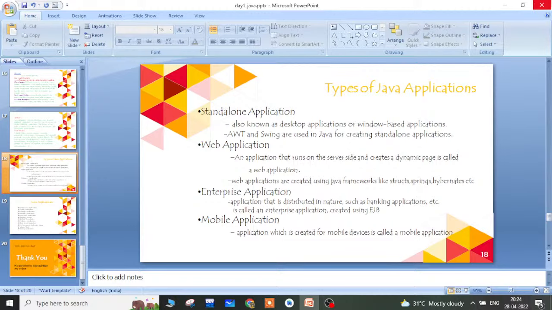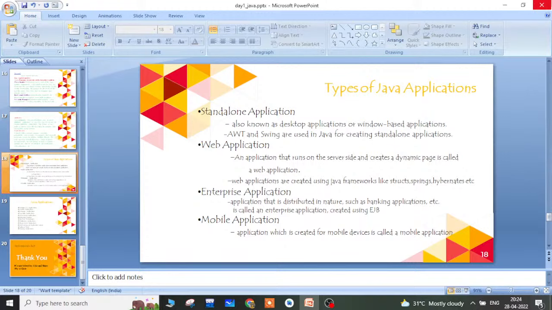And then the third type of Java applications are the enterprise applications, and these applications are distributed in nature, such as any e-commerce or banking applications, which are created by using EJB.